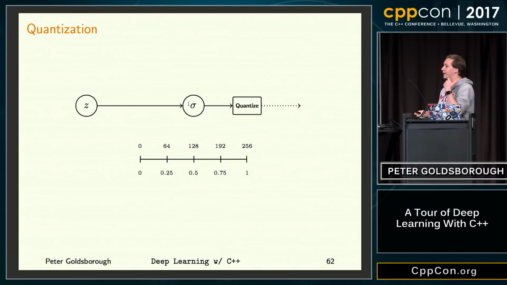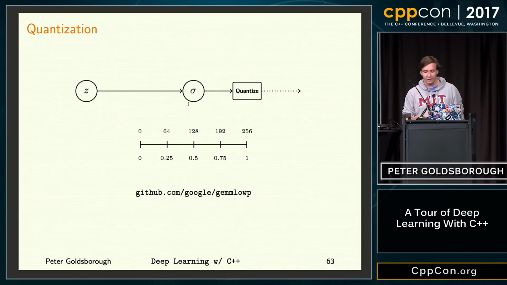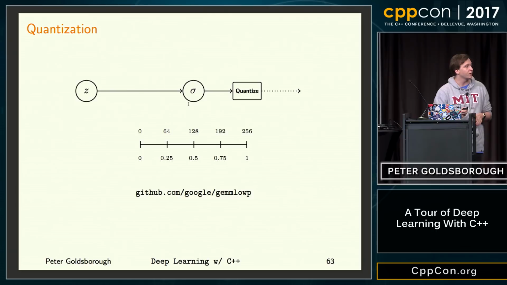And now we have an 8-bit char which we can send to some hardware accelerator which knows how to, for example, do matrix multiplication with these quantized floating point values. And those are really fast. For example, if you're interested, there's this library called GEMMLOWP. GEMM stands for General Matrix to Matrix Multiply, which can actually operate on these low precision floating point values really efficiently.